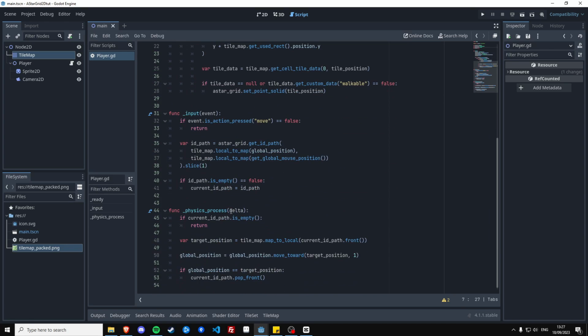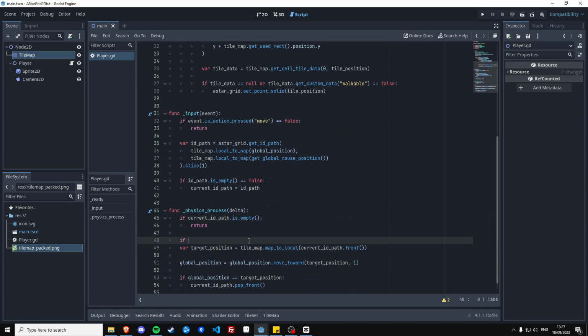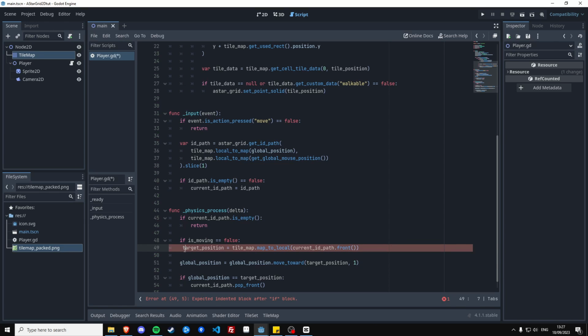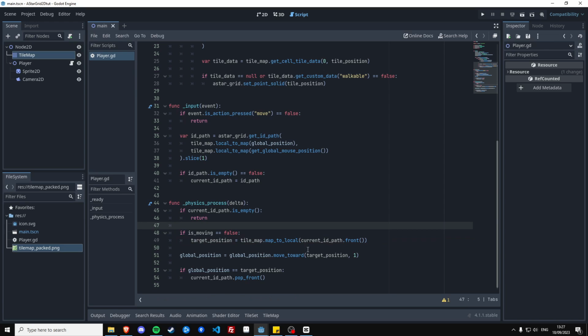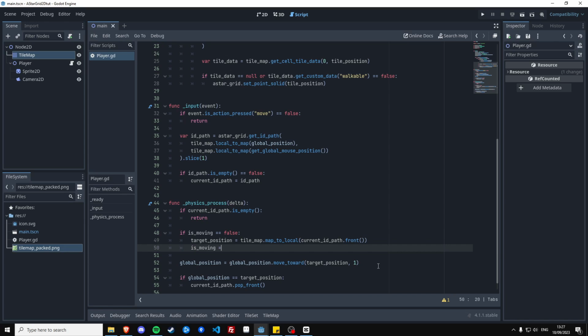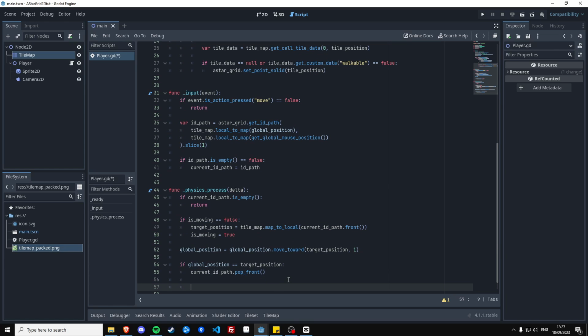Okay, let's start in the physics process. So if is moving is false, then we want to set the target position, because if we are moving, we don't want to do this. And now in order to determine if we're moving, we're going to say is moving is true over here, because we weren't moving, but now we are. And then beneath the check where we change the current ID path variable once we reach our position, because we pop it,